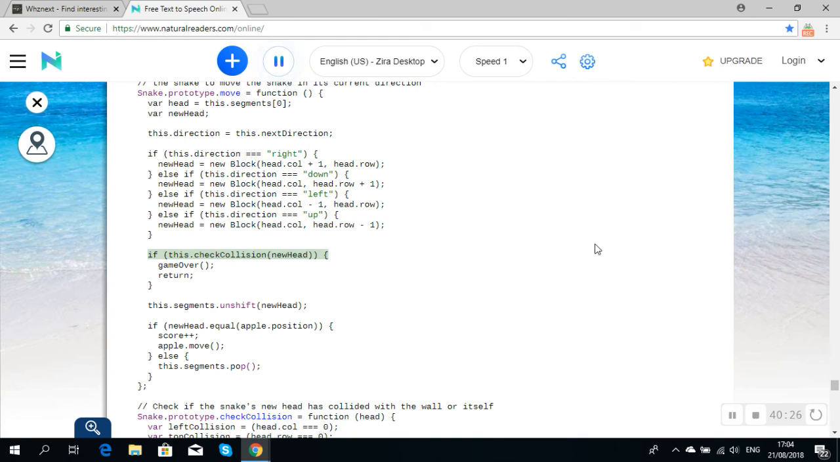if (this.checkCollision(newHead)) { gameOver(); return; } this.segments.unshift(newHead); if (newHead.equal(apple.position)) { score++; apple.move(); } else { this.segments.pop(); } };